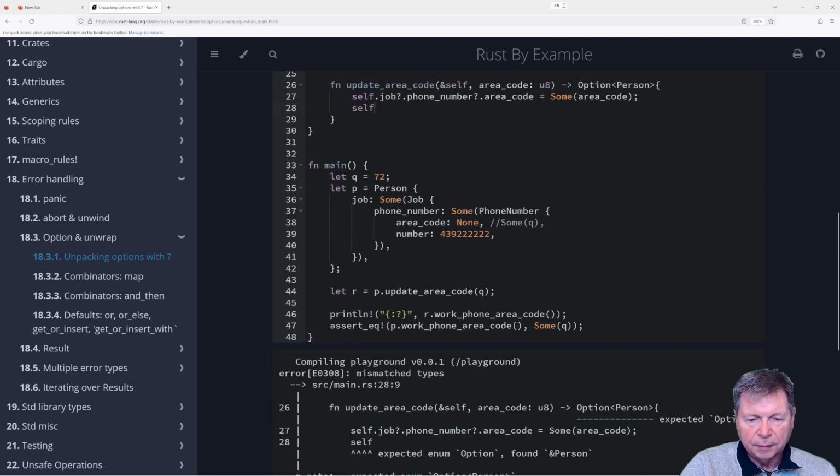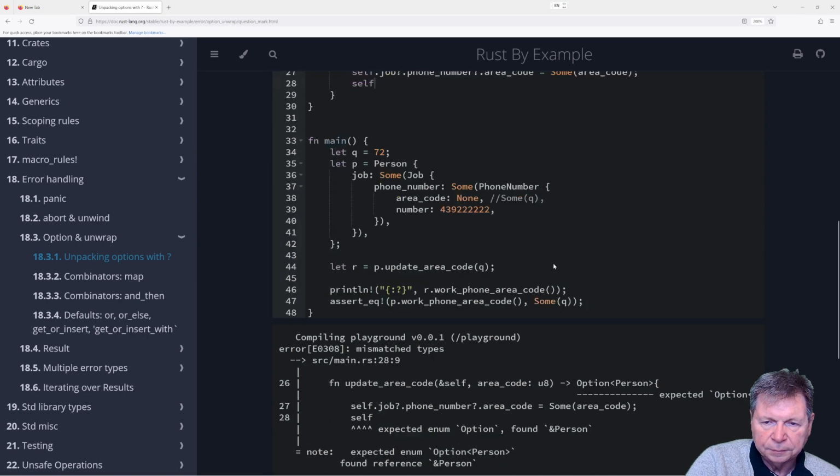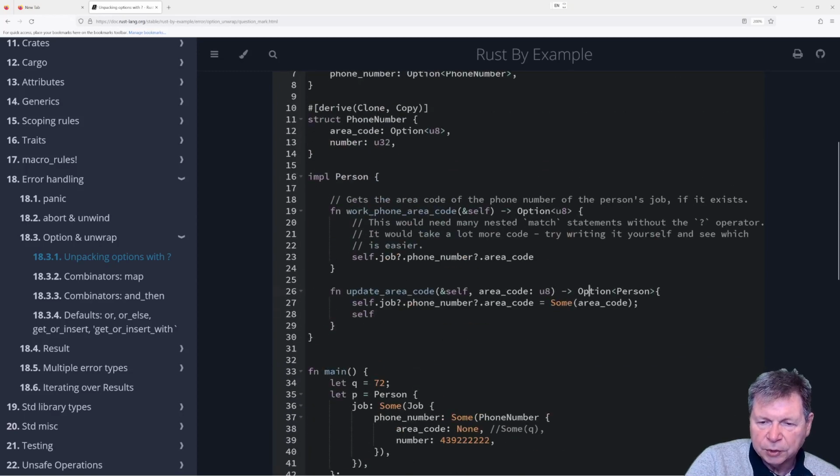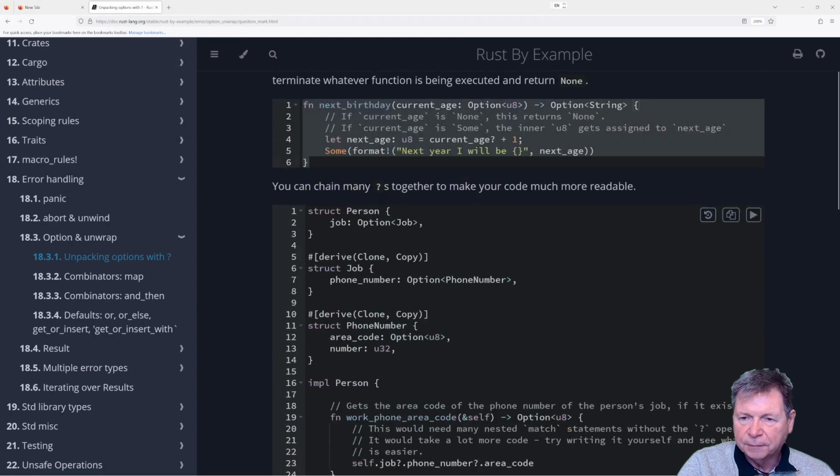All right, let's see what happens now. Expected option person, self, expected enum option found person. Oh, but it's not option person, it's just person. Because person has option job in it, but right, we just want to return a person. Okay. Again, sorry. Control S again.